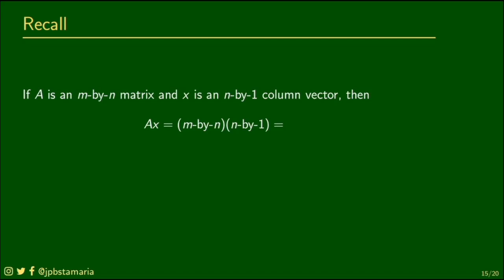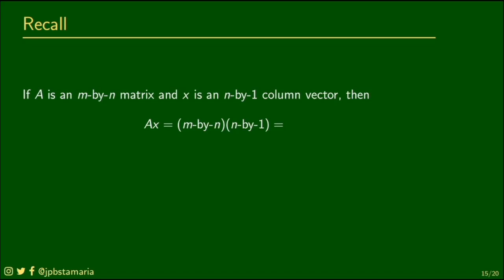So in the next few slides, I'm going to show you how an arbitrary m by n matrix can be thought of as a linear transformation from an n-dimensional space to an m-dimensional space. First, recall that if you have an m by n matrix A and x is an n by 1 column vector, so A is a matrix, x is an n by 1 vector that's written in column form. We have an n-dimensional vector because it has n coordinates, only it's written in the column